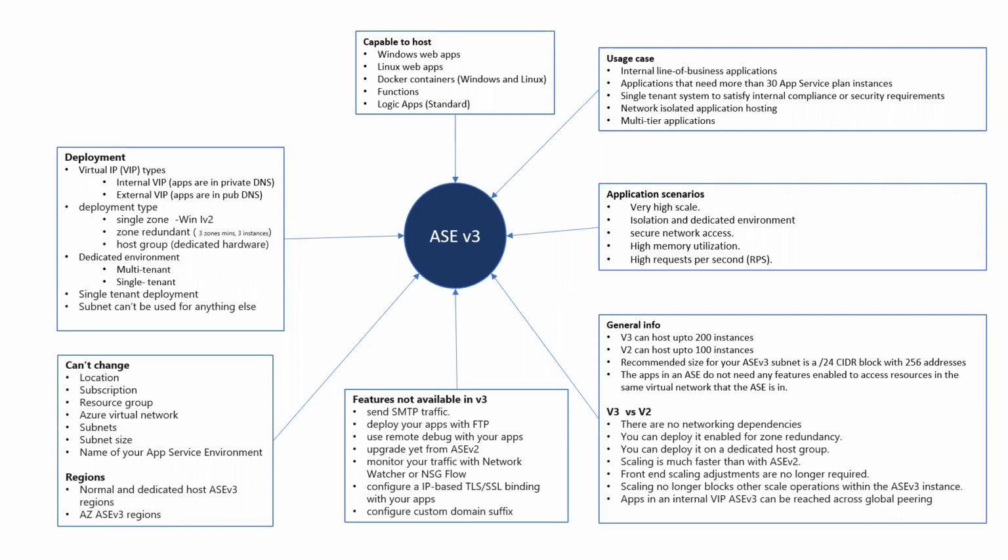And the next one is zone redundant. There are only a few Azure regions where you can have zone redundant. By default, three zones or three instances come as part of zone redundant. Compared to v3, in v2 you don't have zone redundant. So that's a huge saving. That's why v3 is like 80% cheaper compared to v2 in general.